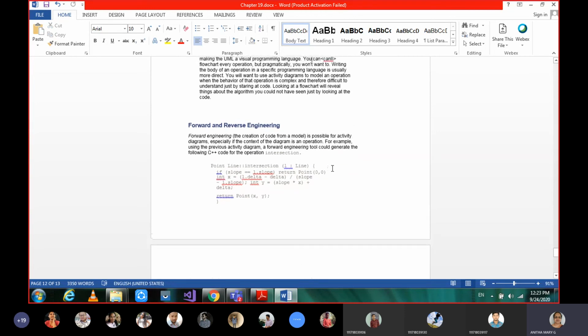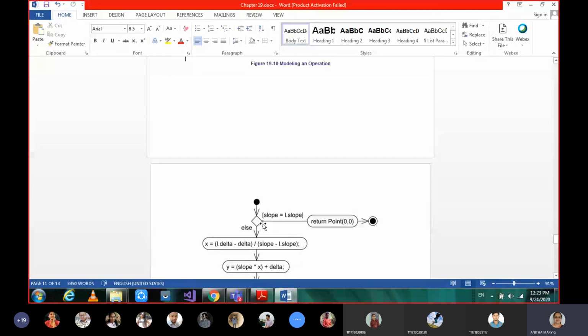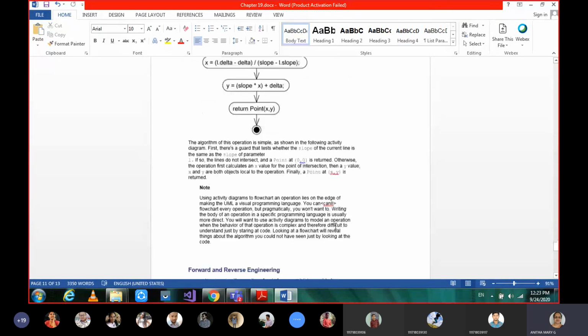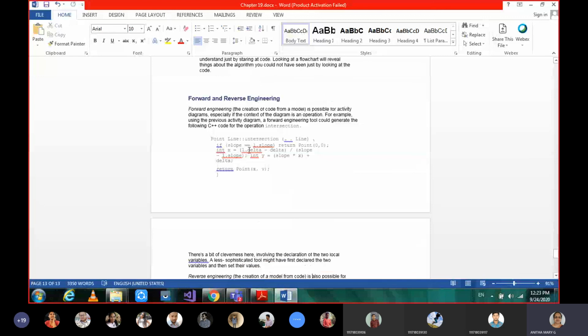Is it not the same thing we have given in the model here? If the slopes are equal, we are returning that point. In the else case, what are we writing? This here ends the if block.